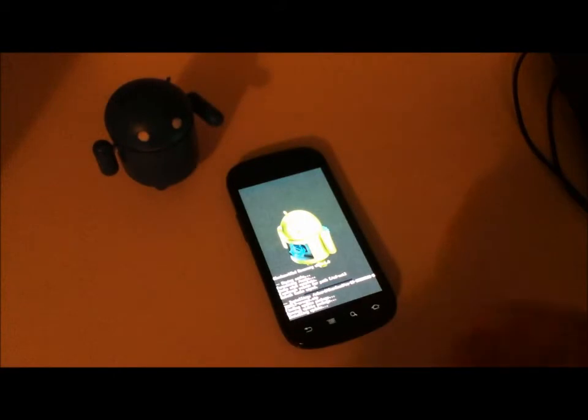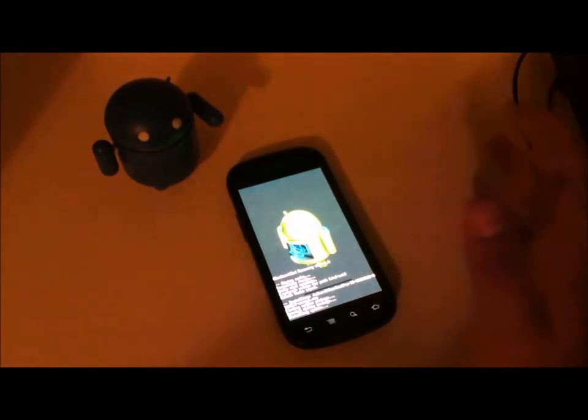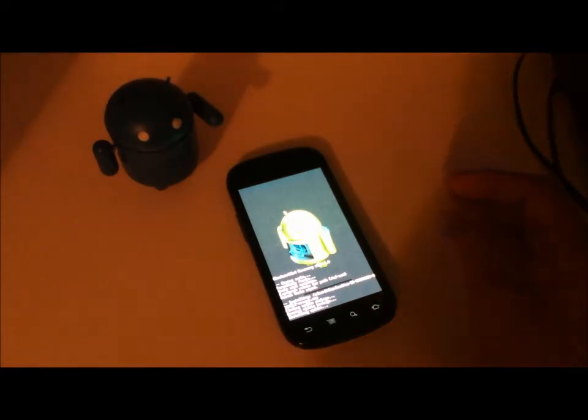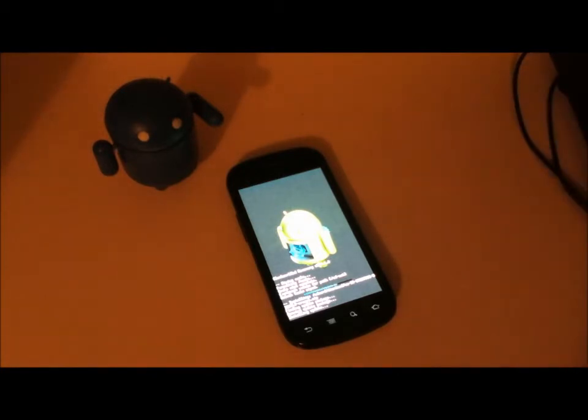I've gotten one of two things. One, it just aborts, and I try to reinstall it, and it just doesn't boot at all. The device will just stay stuck at the Google logo with the unlock icon, and it just won't go past that. And I've also gotten where it says installation complete, and I go back and reboot, and it just hangs at a black screen. So I just wanted to show you guys. Hopefully you haven't installed it yet, and if you have, then you might have encountered one of these problems and hopefully had a backup. So we're going to go back, and we'll reboot system now,